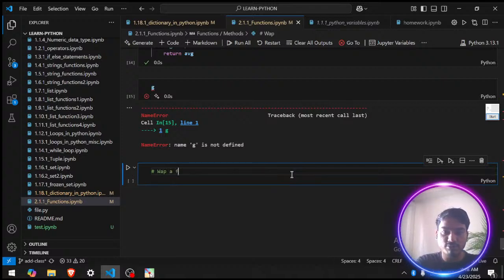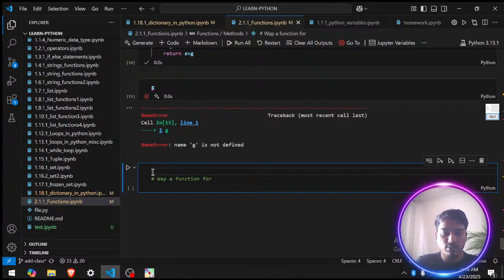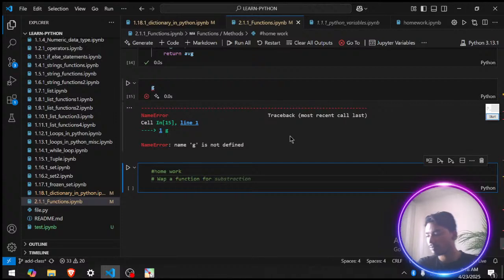तो होमवर्क इज राइट ए प्रोग्राम, राइट ए फंक्शन फॉर फाइंड ए स्क्वायर, स्क्वायर ऑफ नंबर, ठीक है, स्क्वायर ऑफ नंबर। और इसमें यूज करना कि स्क्वायर कैसे करा जाता है, ऐसे लाइक एक्स टू दी पावर टू, ठीक है। दिस इज द फॉर्मूला जो मैंने दे दिया, ठीक है।